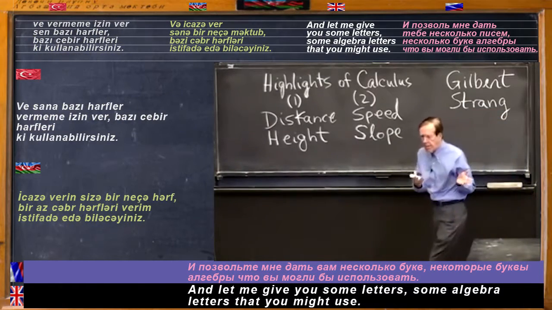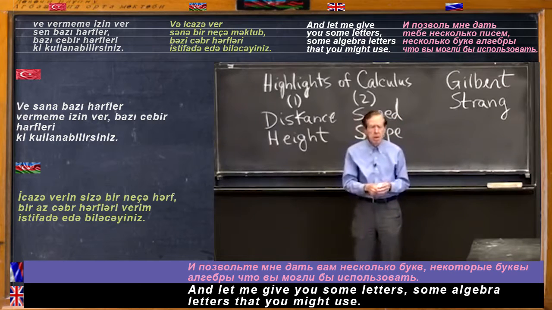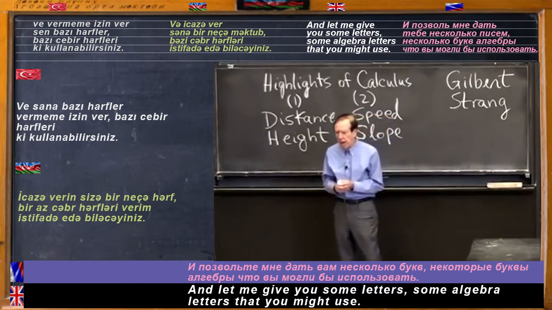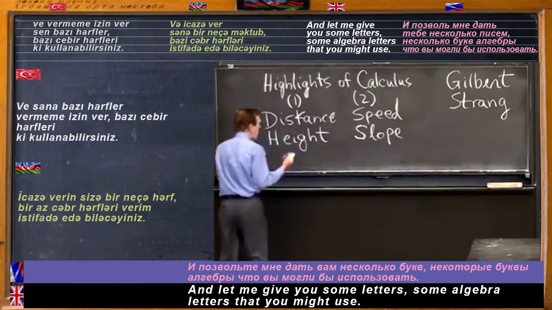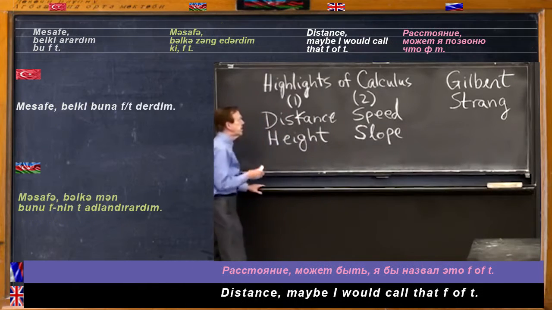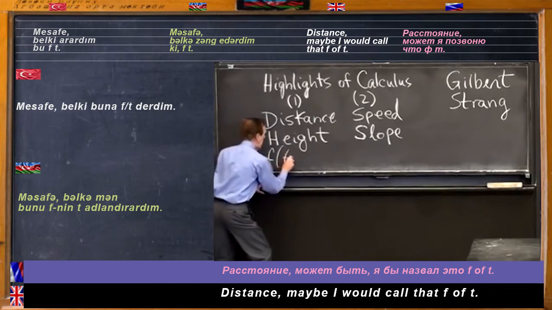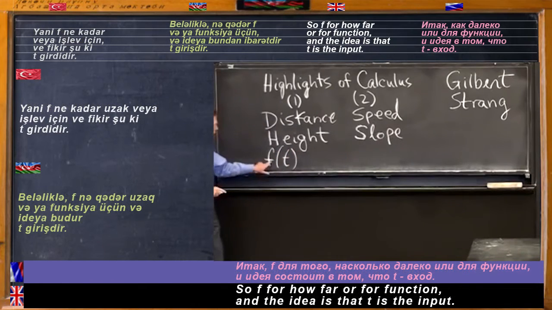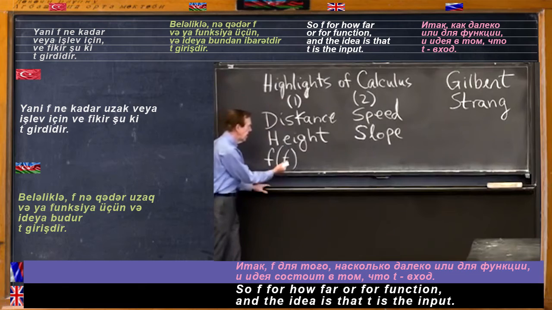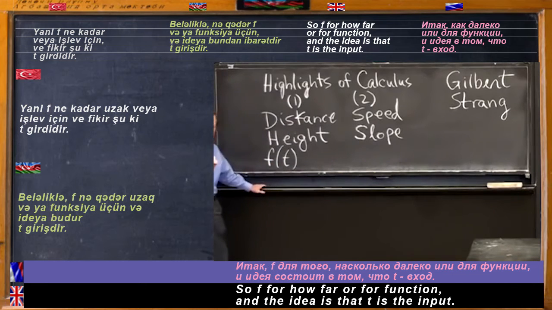And let me give you some letters, some algebra letters that you might use. Distance, maybe I would call that F of t. So F for how far, or for function, and the idea is that t is the input,